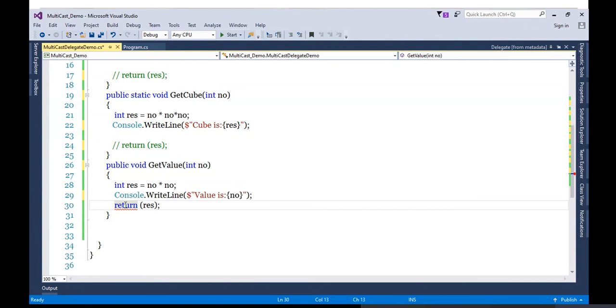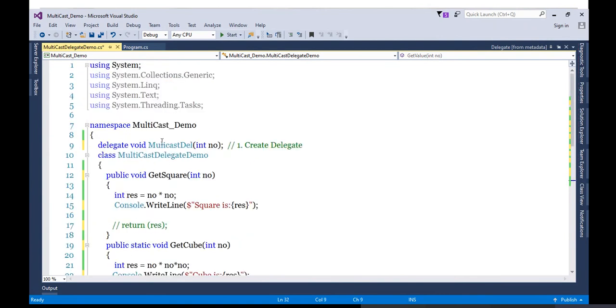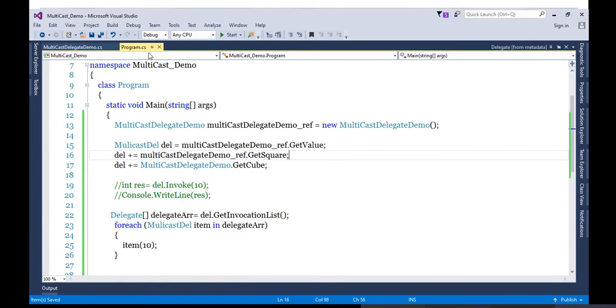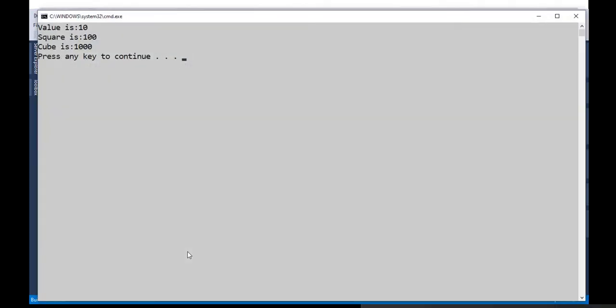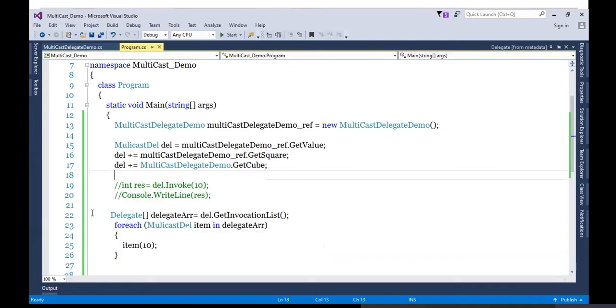So here, do remember, compulsorily your return type needs to be void. Otherwise it won't work. Okay, so now let's run it again. See, now I'm getting the answer. Value is 10, square is 100, cube is 1000. Okay, this is another way of doing it.